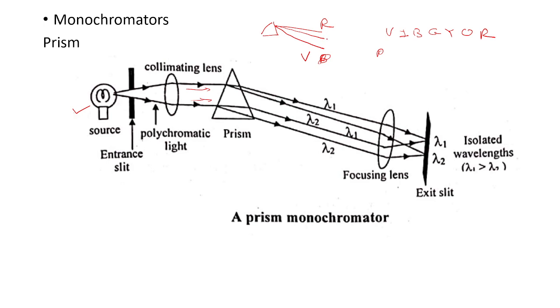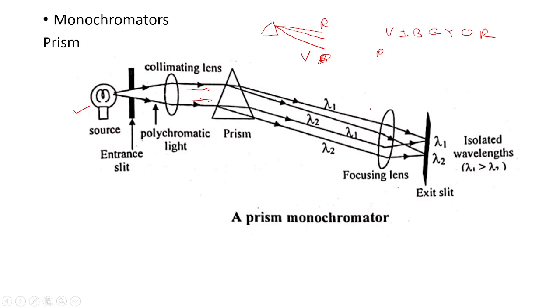So these get separated. If you want a red light, just block these radiations and only pass out the red. If you want violet, block this one and allow only this, and then let it fall on your solution. Then you will get the desired results. Monochromatic light is produced or separated out by using a monochromator, and one such instrument is the prism. How a prism works, the answer is also in physics.